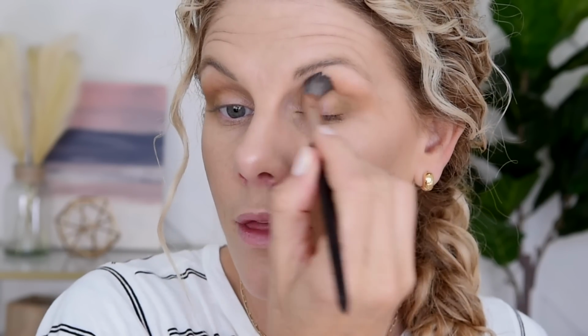I do feel like I'm getting a little bit of patchiness, which is so unusual. I wonder if it's the concealer that I used on my eyelids today. I don't want to judge the shadows too harshly quite yet, because my skin is feeling a little bit tacky underneath. But I don't know if you guys are seeing just a little bit of this patchiness up here on my eyelid. I probably should have set them down with a little bit more powder before I started,